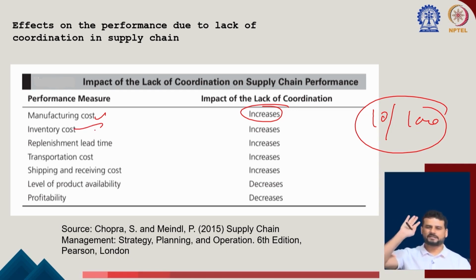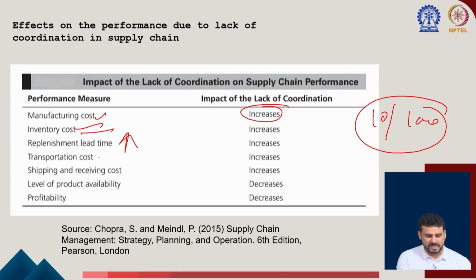Retailer is also maintaining inventory, distributor, wholesaler, carry forward agent, all those players, manufacturer is also maintaining the inventory, then co-manufacturers are maintaining raw material. Everywhere you are maintaining inventory, and throughout this network you have deployed 20 storage houses, warehouses where you are keeping inventory. All that inventory is non-value adding activity, wastage, right? So that cost. Replenishment lead time, because those many players are there, no quick information sharing, lead time will increase,